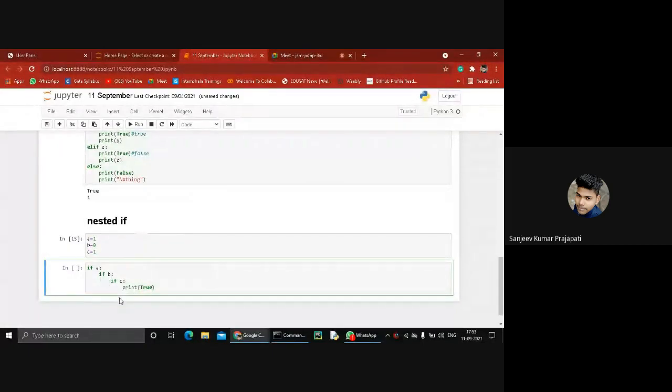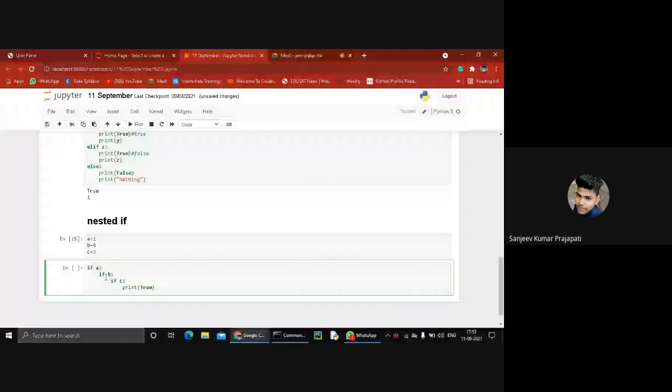Guys, any idea what is coming from this statement? Firstly, you have to check if the first statement is true, then it goes to the next if statement. When the first statement is false, then it goes to the else part as well as the elif part and some other if else and nested elif part.